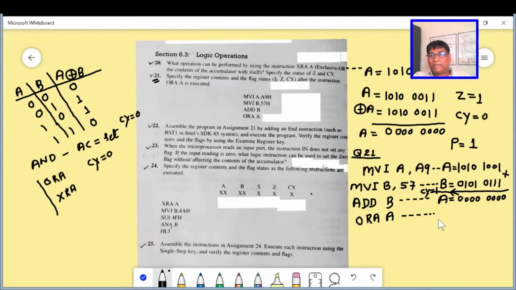Now, if we have this operation ORA A, what will happen? Is there any change in any results? At the start we explained the logic operations. There is a change in the carry. The result in the accumulator will remain the same, but there is a difference in the flags.